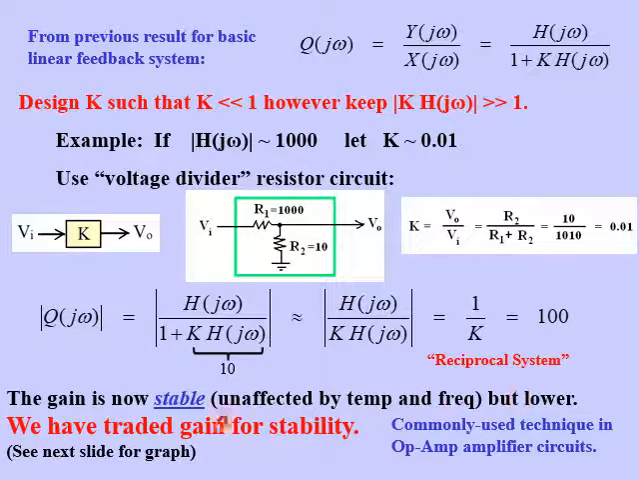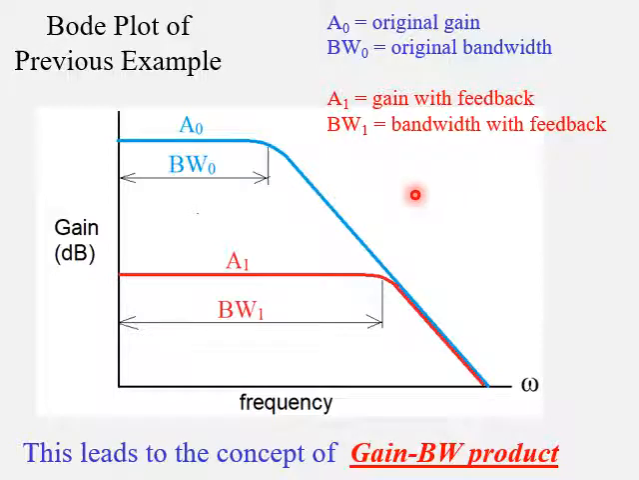So let's take a look at a graph of this system here. So this is a Bode plot of our previous example here. And what it would actually look like is this. Our original gain, we're going to call that A naught. And it's going to have a Bode plot like this, where over some narrow frequency range, it's going to have a relatively stable gain. But at higher frequencies, the gain is going to drop off like this, as we can see with the blue